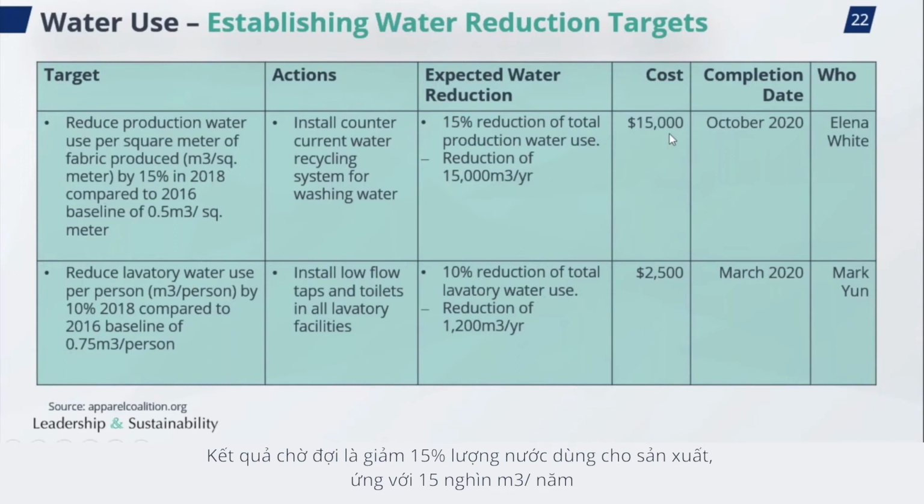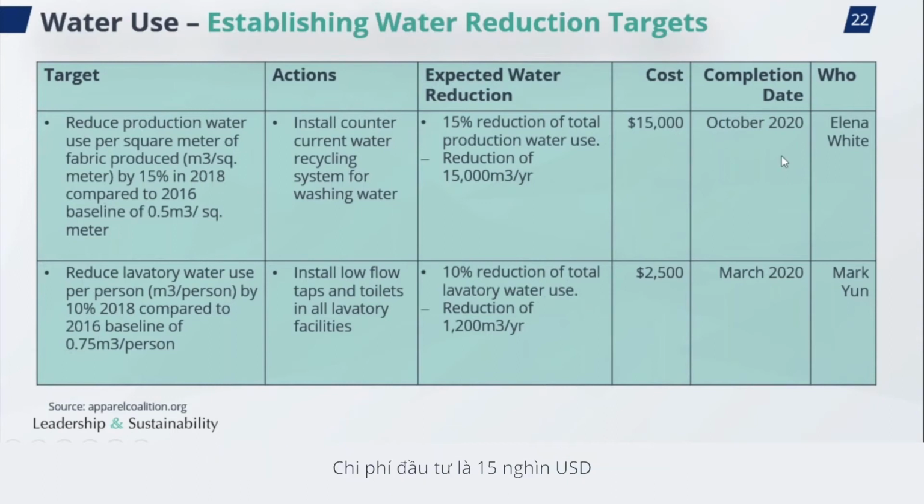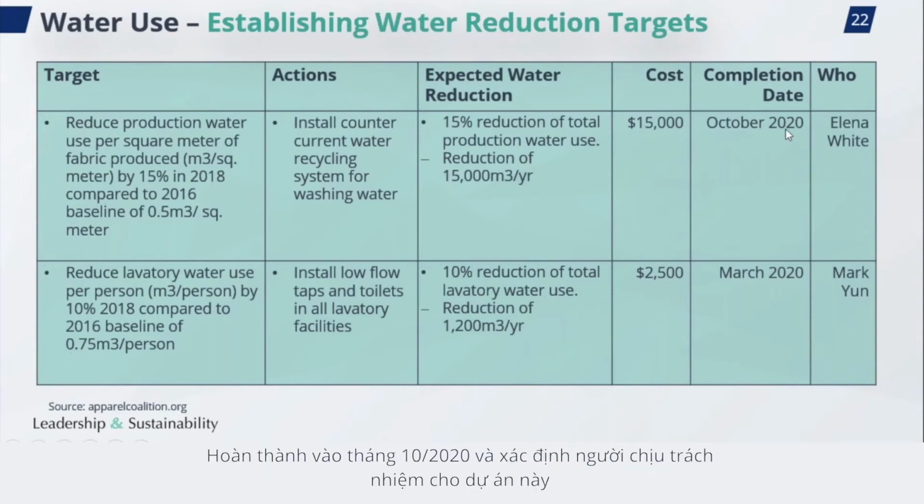And this installation would cost $15,000, and the completion date is October 2020, and we also have someone responsible for that. So this is also an example of how you can build out your action plan